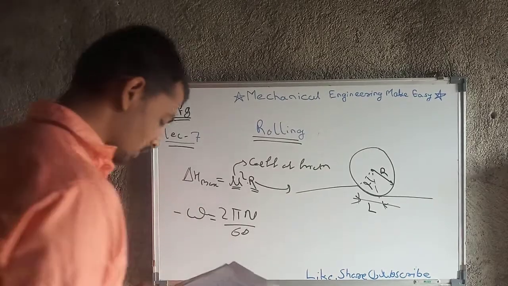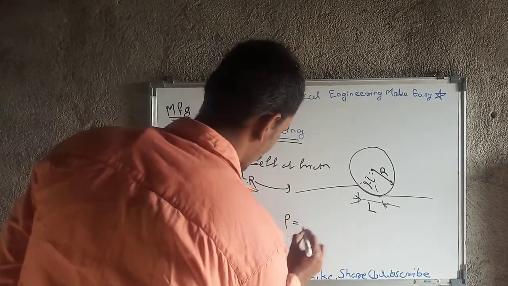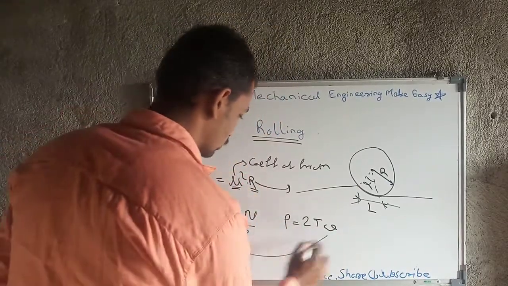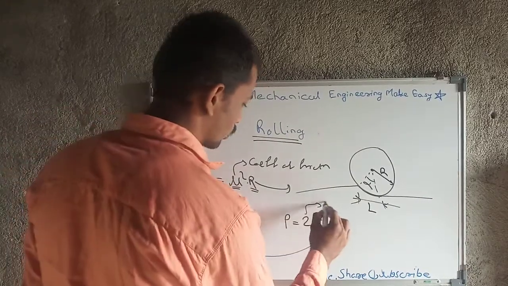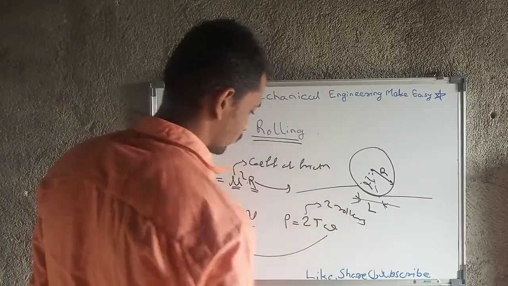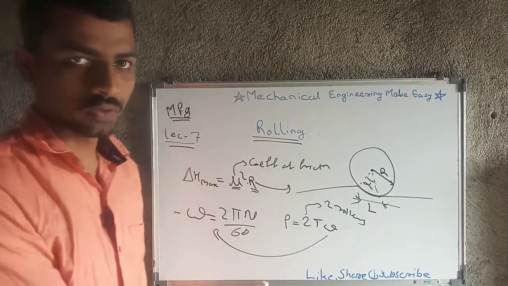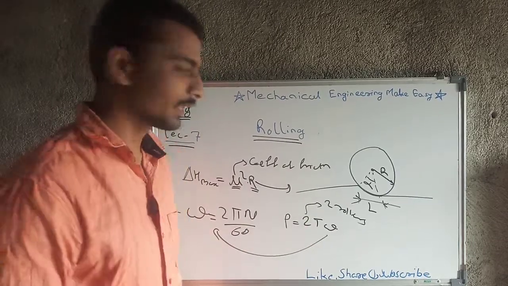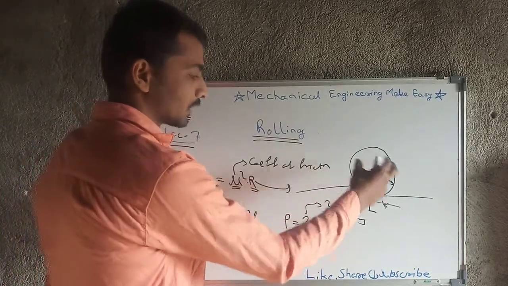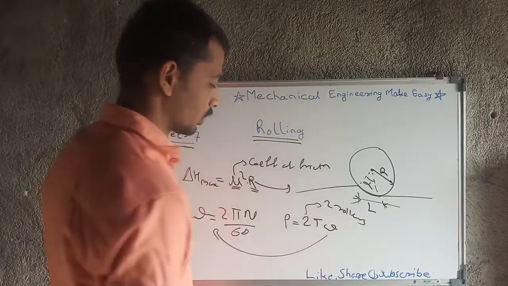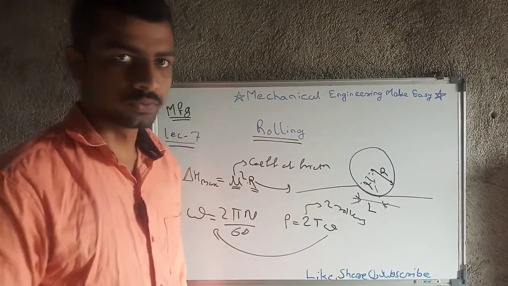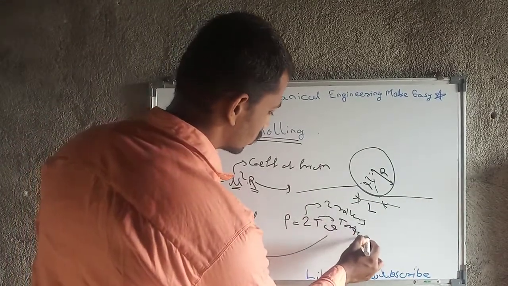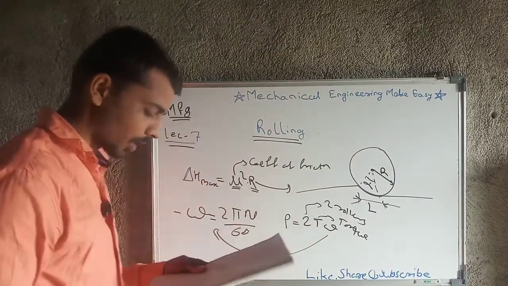Okay. Then power, denoted by P, which is equal to 2 T omega. Omega is this. Okay, and 2 is for 2 rollers. T omega is power for one roller, and 2 is multiplied here because we are using two rollers. One is at the top, one is at the bottom, and in between the rollers the material is going to feed. Okay, that's why this 2 is there. This is torque, and this is angular velocity, this is power.